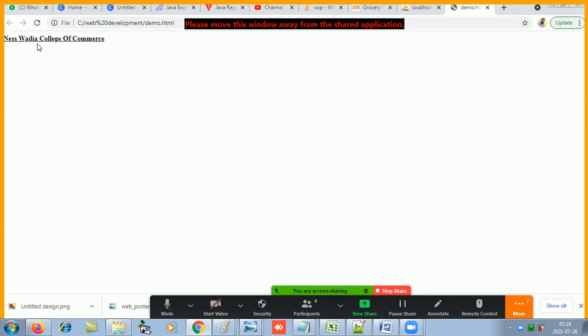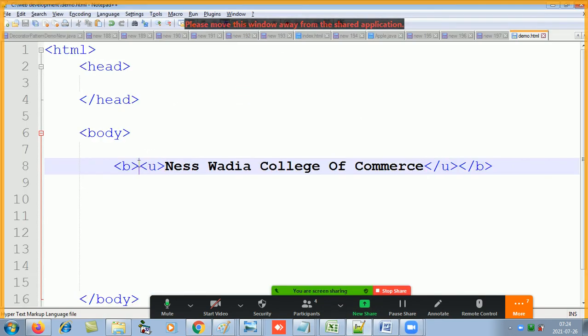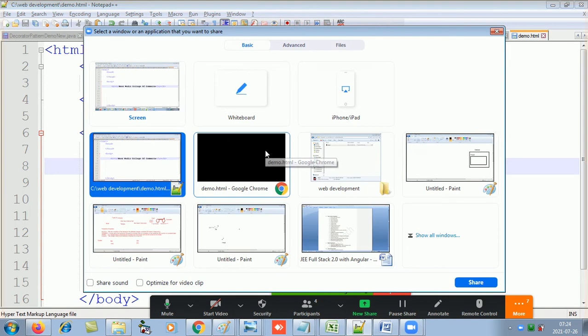Do you see over here? So like this we'll have to learn the elements in HTML. That's all. HTML is not programming. How the user will see the data on the web page, HTML takes care of that.